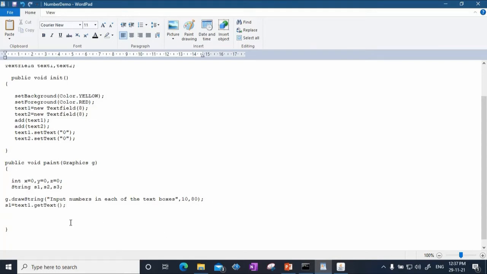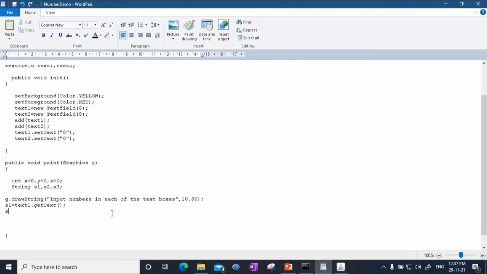What this method does, see, user is going to type some data in text1, right? Now there is a method called getText. Whatever data is typed in the text box called text1, getText method is going to fetch that data, which is again, although he has written a number, treated as a string, and this number typed in text box 1, which is basically a string, will be stored in the string called s1. Okay. Now, in order to do the computation, this string s1 has to be converted to integer. So that we'll see next.